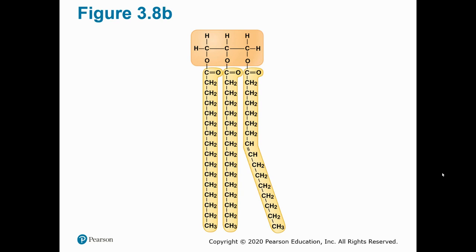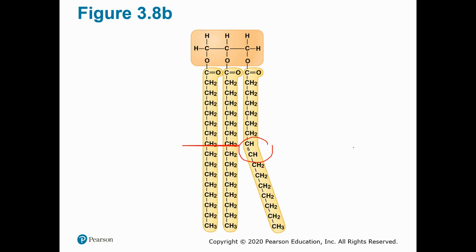Another thing I want you to notice on that particular molecule is that one of these is bent. 2 of them are straight, one of them is bent. The one that's bent has a double bond right there, because it's missing a hydrogen. If it had a hydrogen there, it would be just CH2, CH2, CH2 all the way top to bottom, but it's missing a hydrogen there. So this one's got a bend on it.